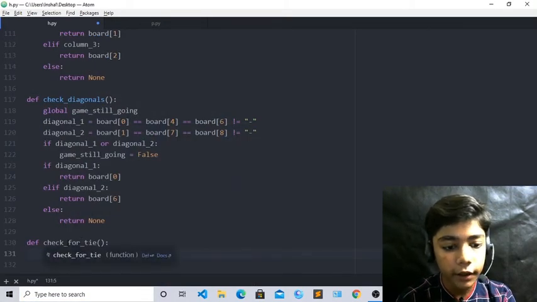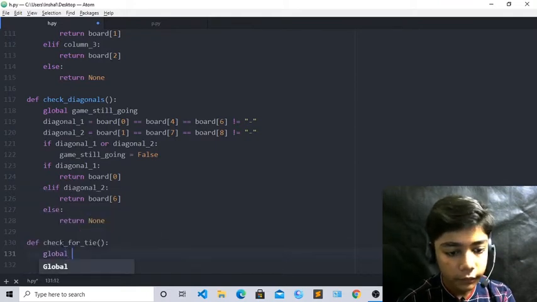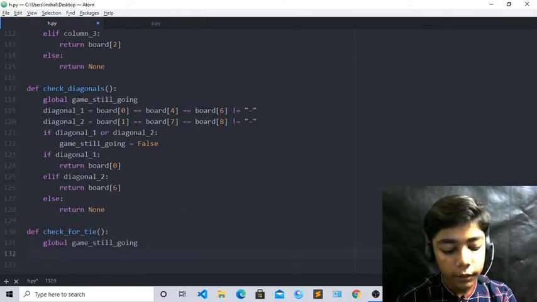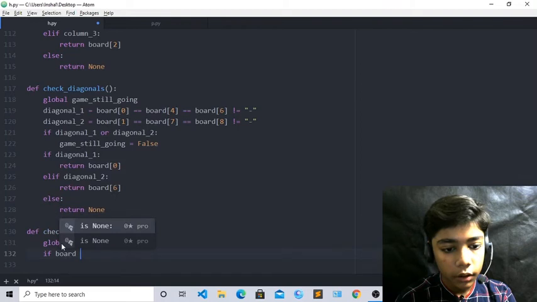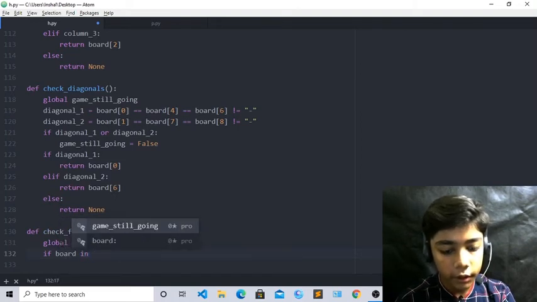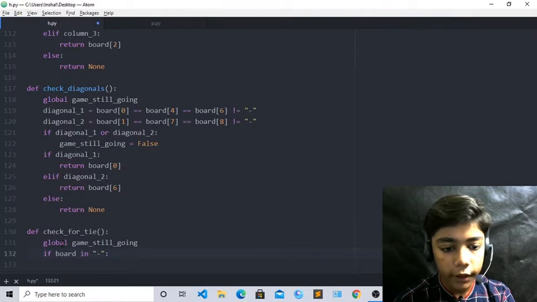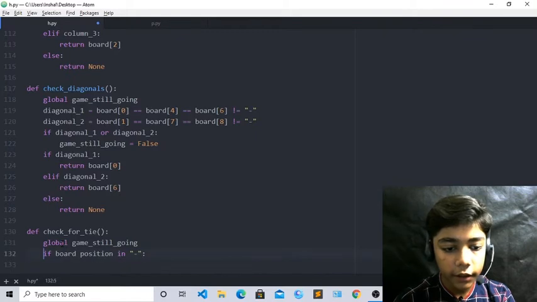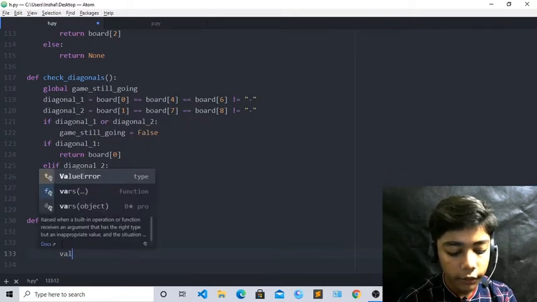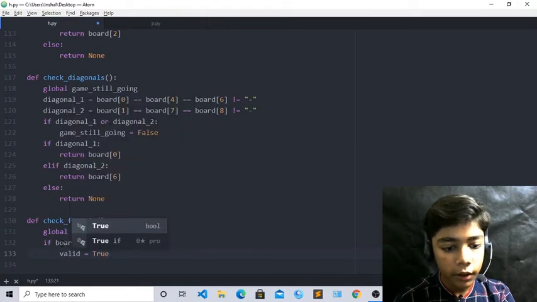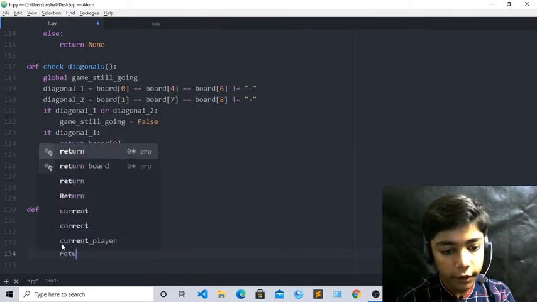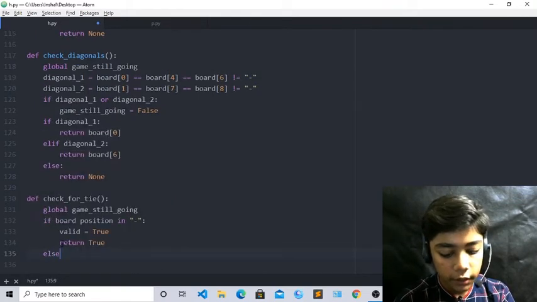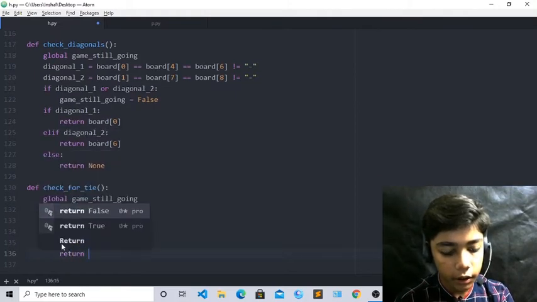Now def check for tie, and now it will be global, global game is still going, and now it will be if board position in, write like that, and now write valid, and it will be true, and now write return, which is true, and now write else, which is return, and it is false.